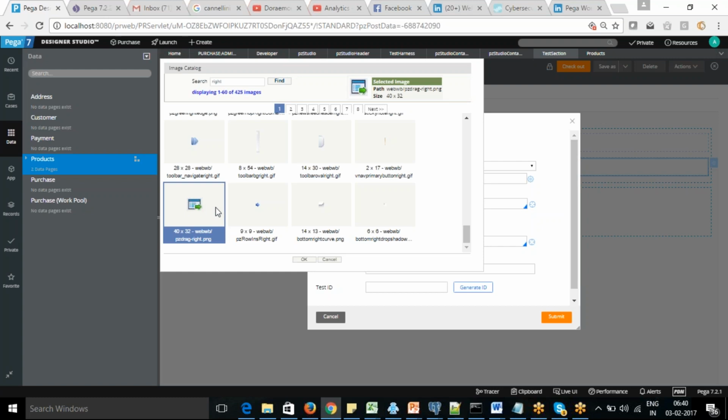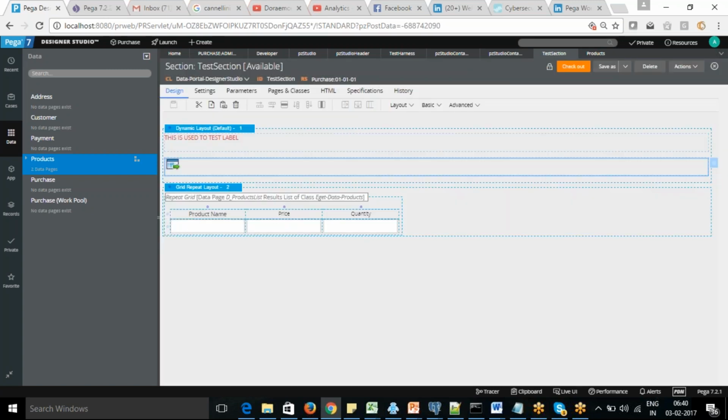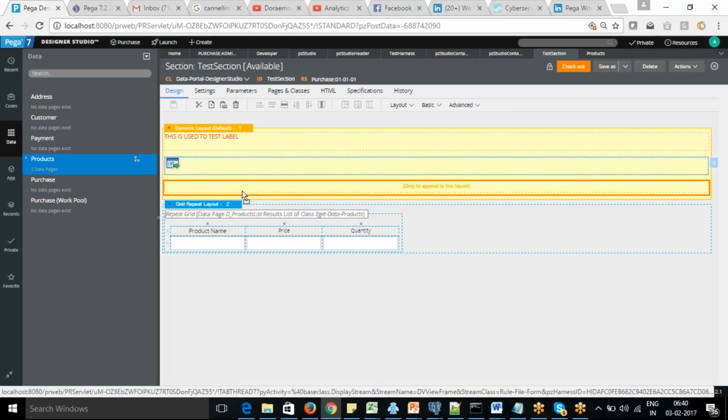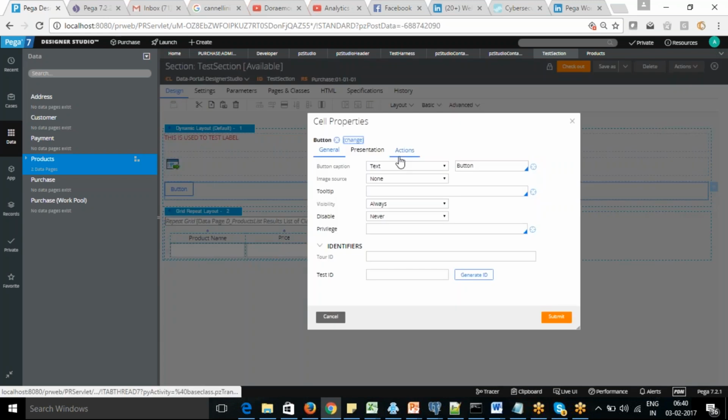Let's just use this field, so that we can include that. The image can be included in that way, so that image is not coming into that one. And if you want to use a button, you can go with the button on that, and you can see selecting that, submit.